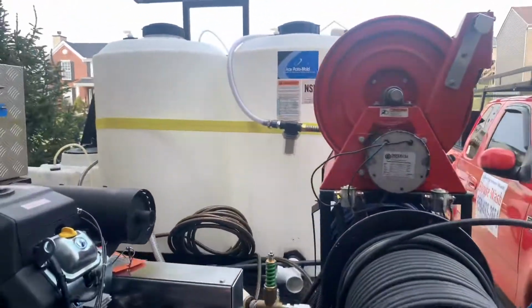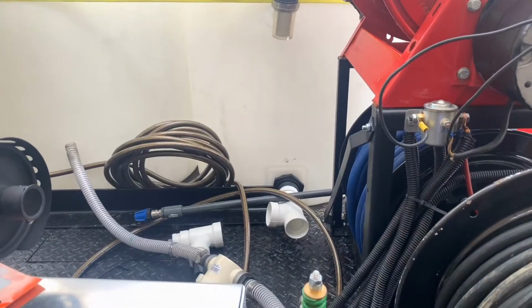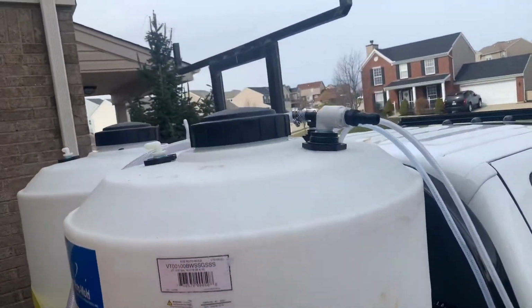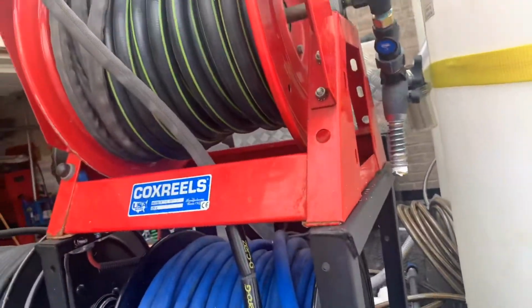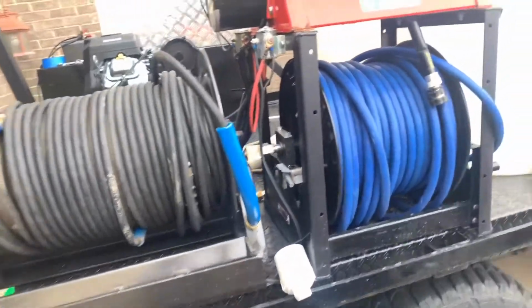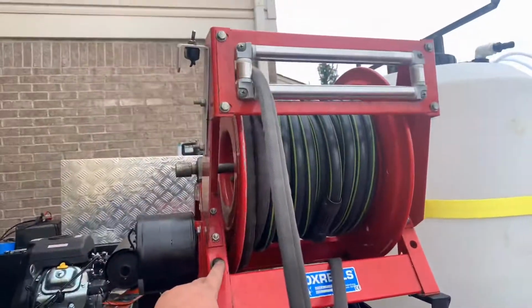So I've got the tanks already put in. Still have to do the plumbing for the water, but I've got all my bulkheads already put in. Still have to run the lines. Got the hose reels, double stacked here. High pressure line. Everything's working